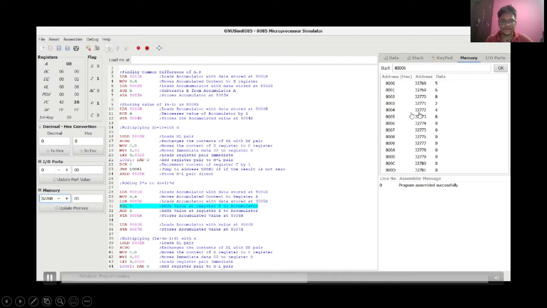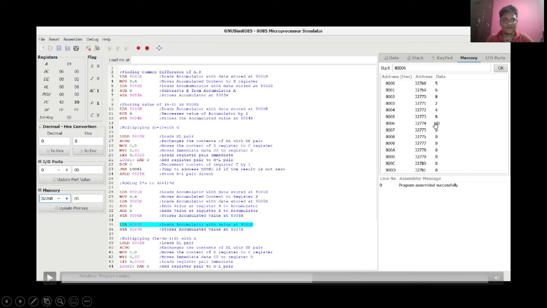Then we load it with 8. So then we use the add command. Add command will add the value of register B to accumulator. So register B was 6, accumulator was 8. So 8 plus 6 is 14. Then we will add 6 again. So this will become 20. Accumulator will become 20, and then we'll finally store this value to 8006H. And as you can see, 8006H is 20 now.